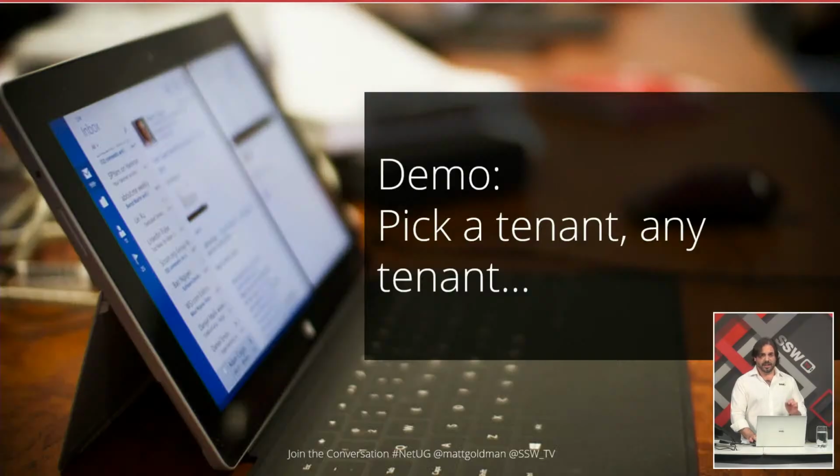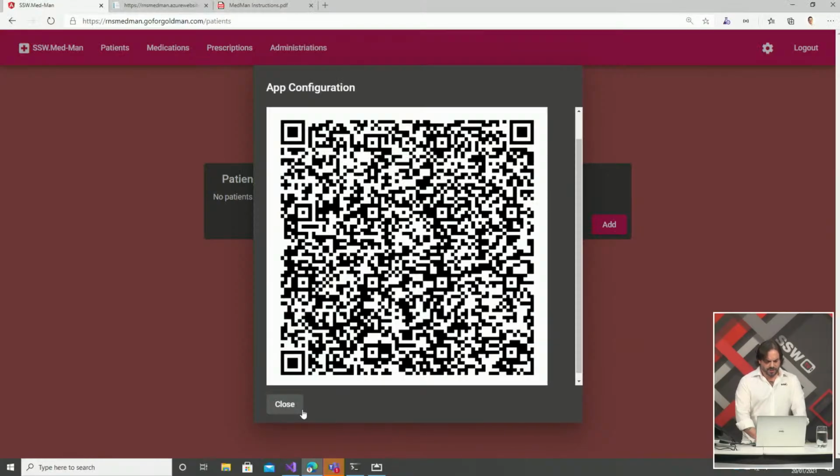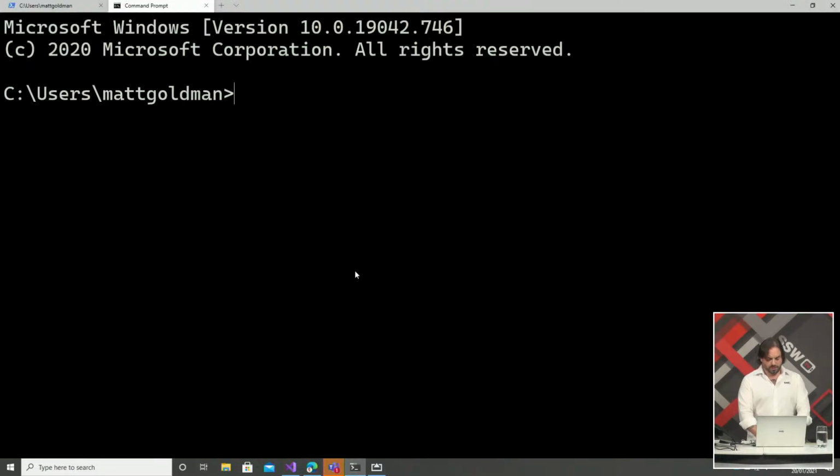Let's look at how Outlook do it. And let's talk about pick a tenant, any tenant, because this is going to be a magic trick. So Outlook, how do they do it? Well, Outlook have this, and they've been doing it for a long time. They've got this concept called autodiscover. You give them your email address and they use DNS. They take the SMTP domain from your email address and they look for a DNS record that's autodiscover.yoursmtpdomain.com. And if it finds it, it goes to that address and it looks for an XML document that contains the config. So if we do an NS lookup here,